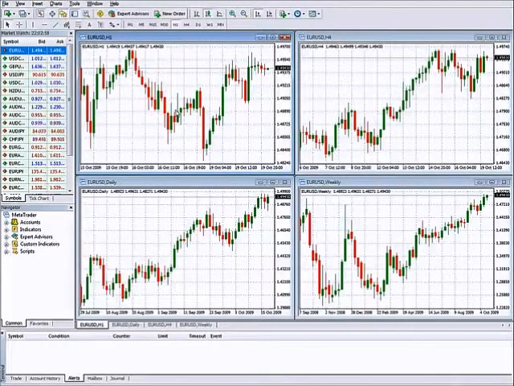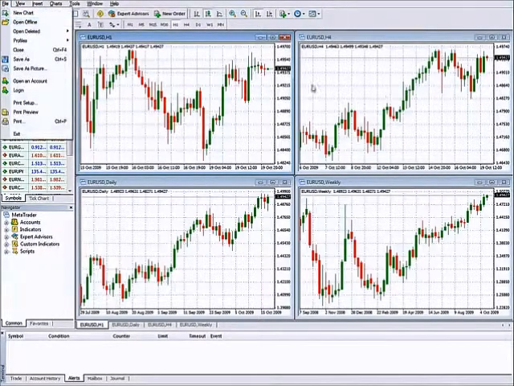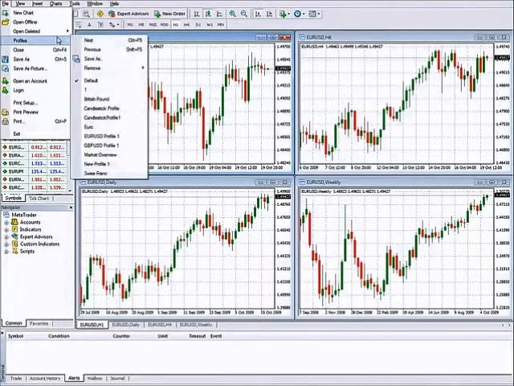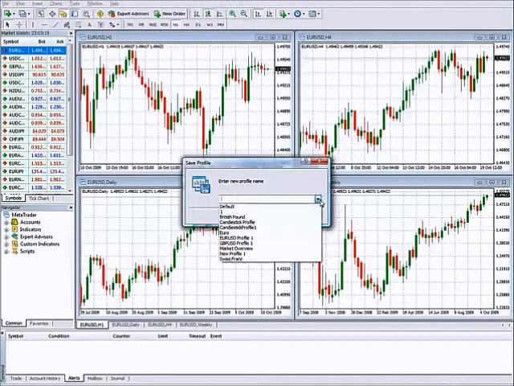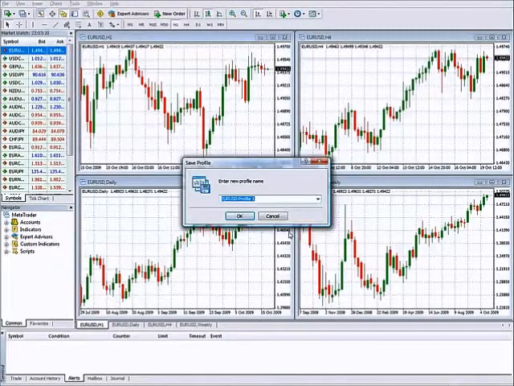Now, something very important for us to do as far as customization is concerned is to go over and save our screen setup here as a profile. And give it a new profile name. You can call it whatever you want. Let's call it, I've already saved this one. Let's call it